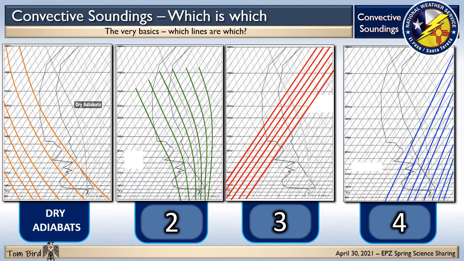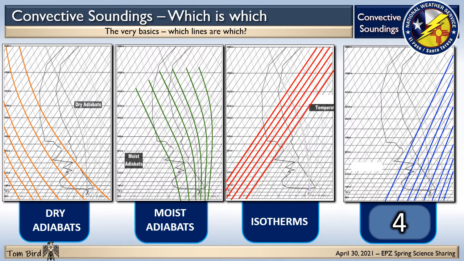That's when a parcel is moving up from the Earth's surface, it's cooling along those lines if it has not been saturated. Second, there are the moist adiabats, and that's what a parcel would cool at as it moves upward in the atmosphere if it is saturated. The third is the isotherms that are part of the chart itself. And then the fourth one are the mixing ratios, which are also part of the chart itself. And those last two give an indication of basically how the dew point and the temperatures are plotted